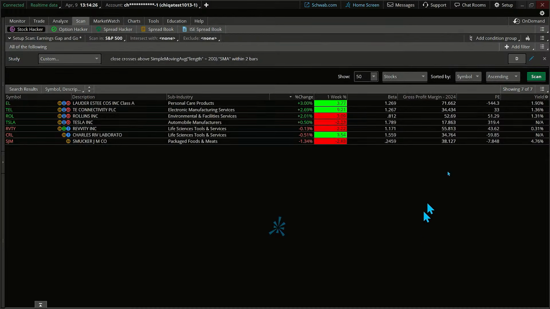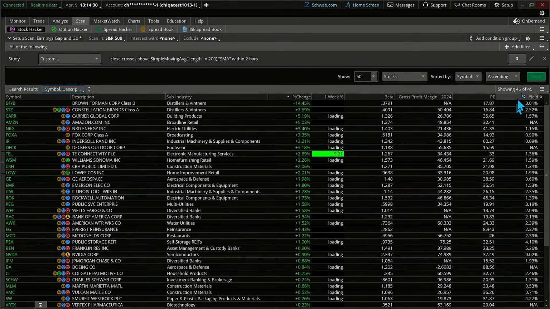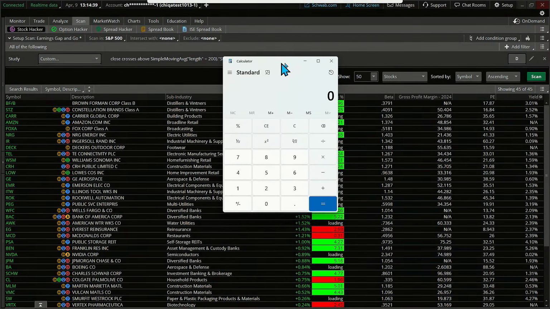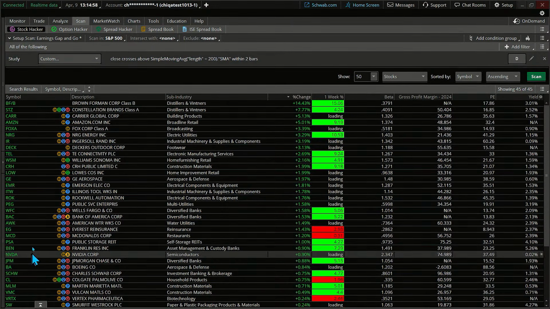Click OK. Next thing we've got to do is hit scan. That's how quick it went. We just got 45 companies. It's a very small percentage of the S&P 500 that jumped above the 200-day moving average in the last 2 days only. It's all within the S&P on that code. What do we have? I always like to do this. 45 over 500, excuse me. About 9% of the S&P 500 showed that move. What are they? Knock yourself out, folks.